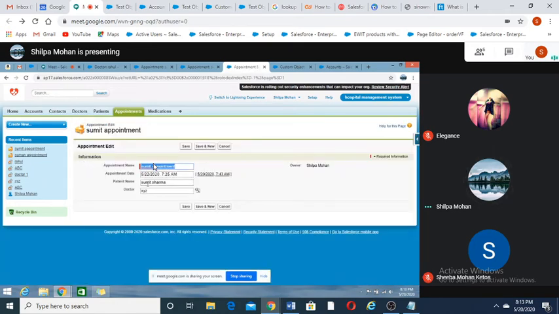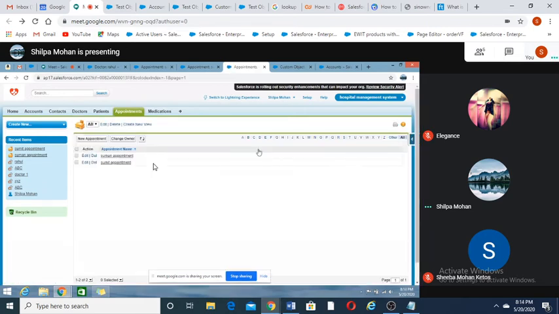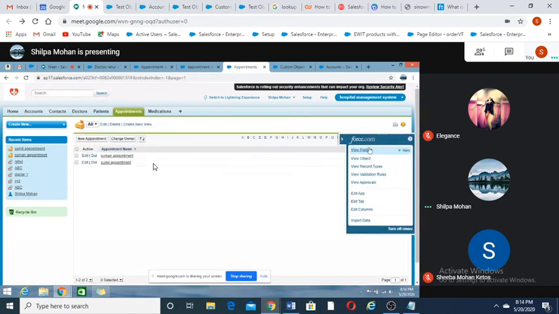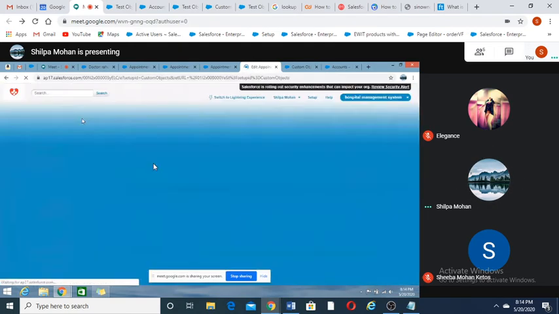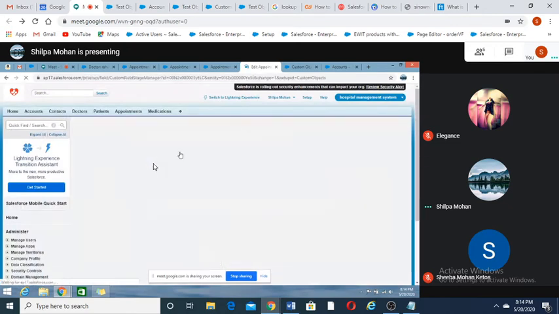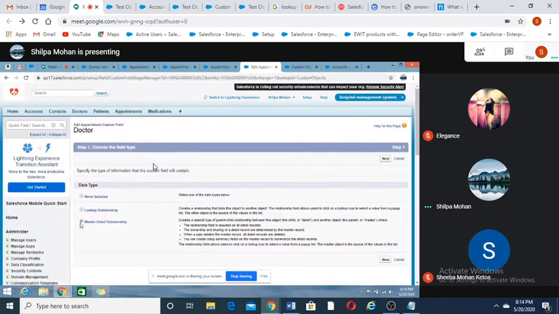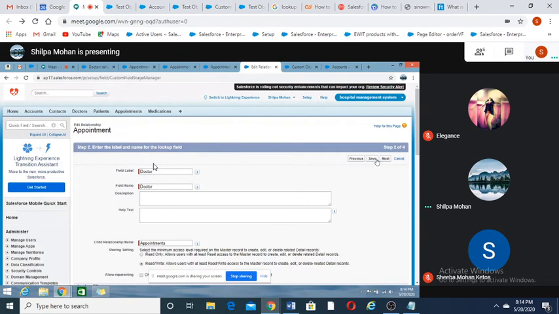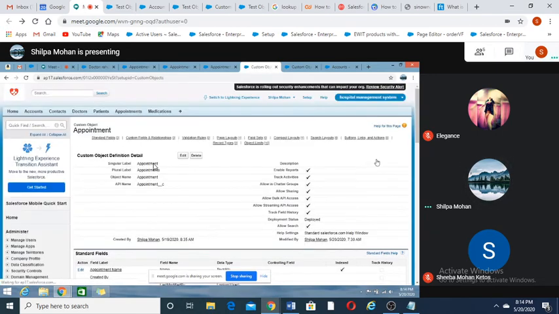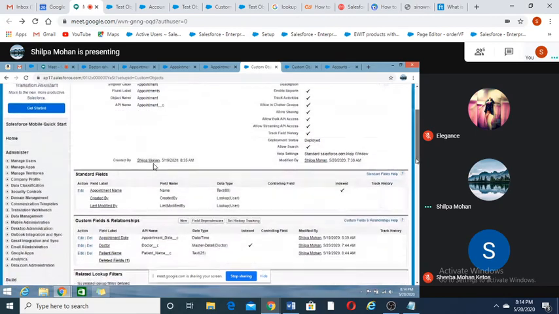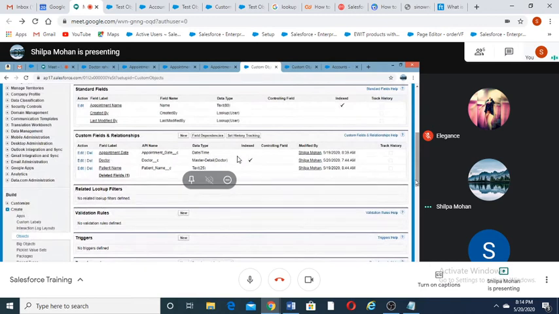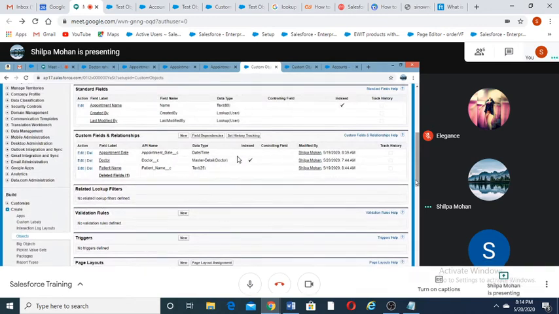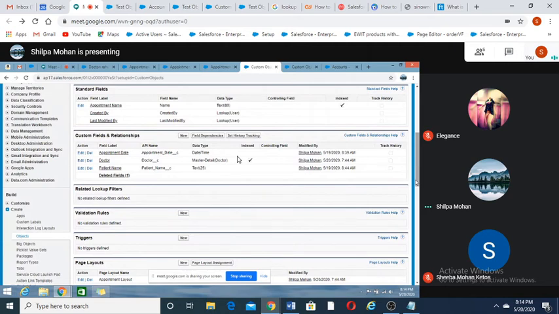Now you convert it into master detail. Just save it here. So now scroll down. Now you can see here doctor data type is master detail relationship. Now we have converted lookup relationship to master detail relationship.